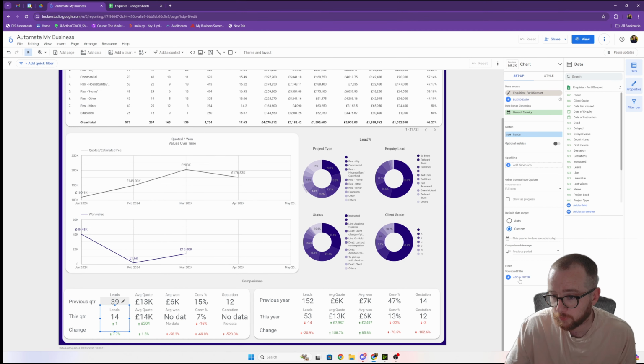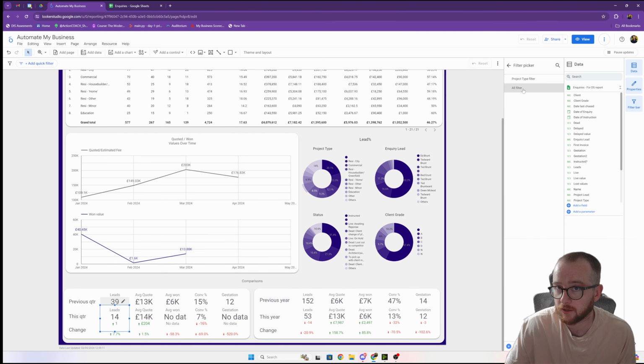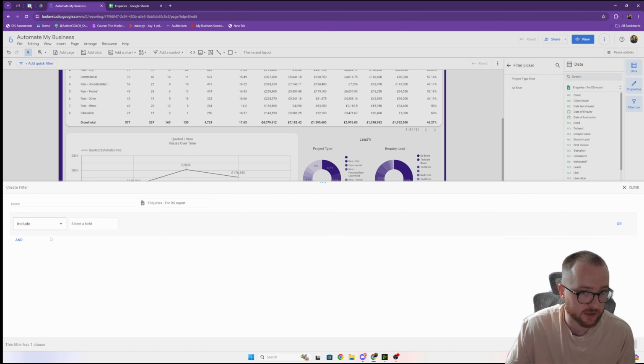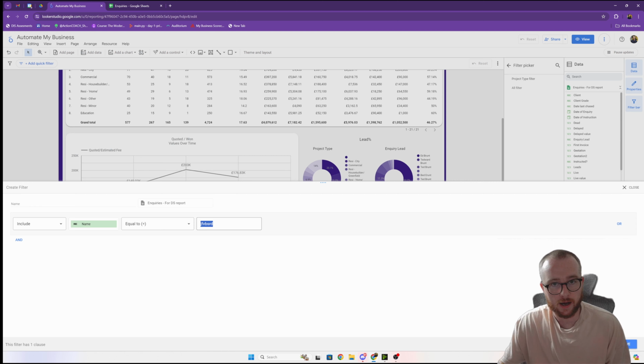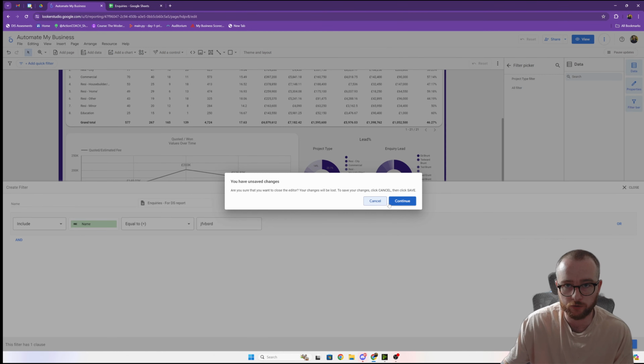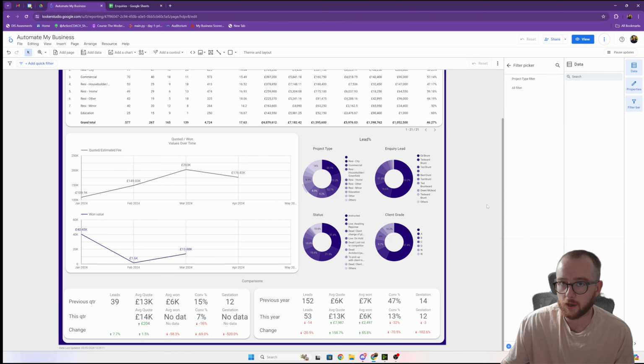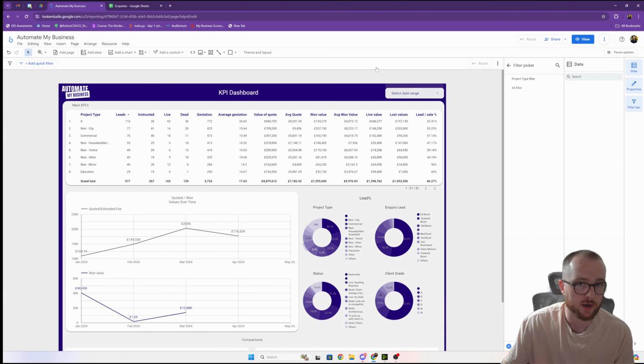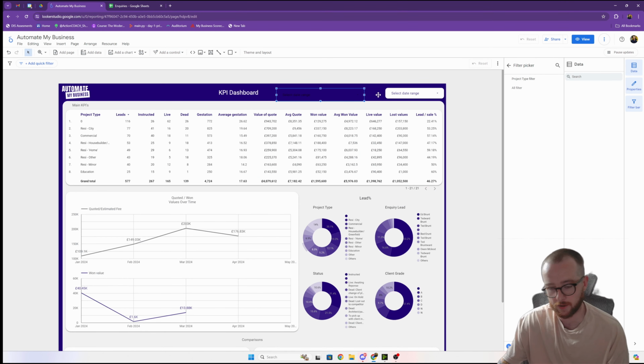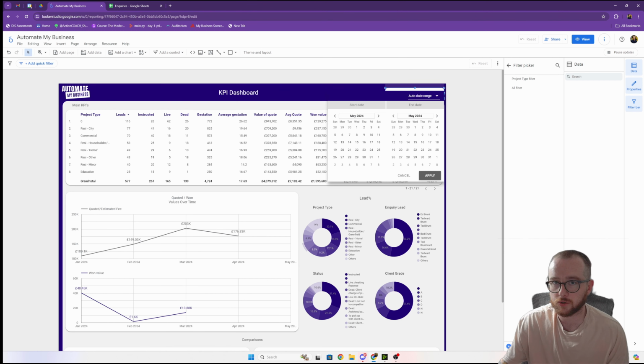You can set some filters, so you can add filters in where you only want to see information if it's included. Let's say you want it to equal to whatever it is you want to put in there, and it will bring through the information that is just equal to that, or just has that attached to it. So you can have some really easy to use filters there. And then the date range at the top, just because we've used this quite a bit, you just add control, you put date range control in, you put it like that, and you just select the